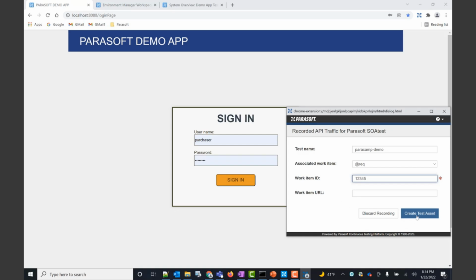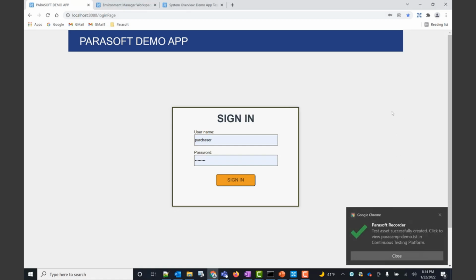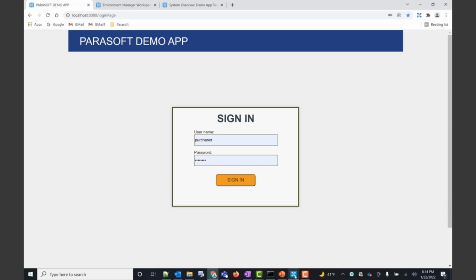And now whenever I hit this button, watch what happens up here with our Parasoft icon. What it's doing is communicating with that server that we established using our Smart API test generator. And we see that everything generated properly here. So we'll close that. And now we can go back to SOAtest.